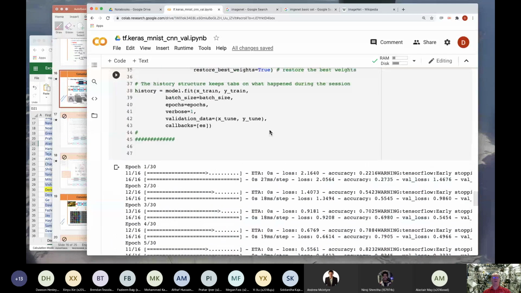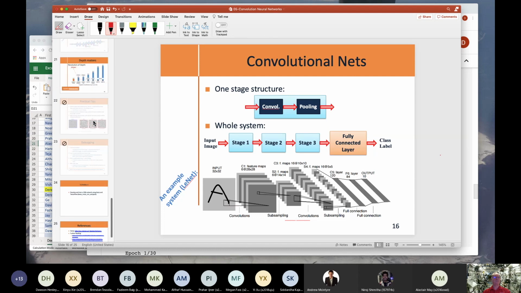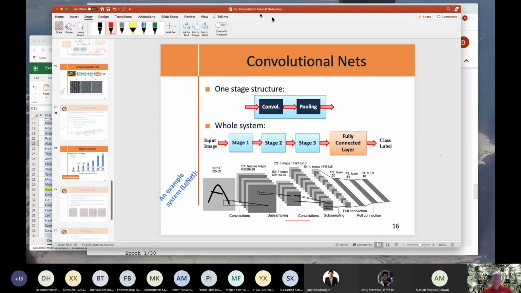So again, the advantage of this is this idea, as you see in this diagram, of passing over the original image a kernel that's essentially scanning for features. What features is it scanning for? Oddly enough, it's scanning for features that it's learning. It's creating the kernel on the fly to allow the whole network to work together to identify what digit 0 through 9 is coming into the network.